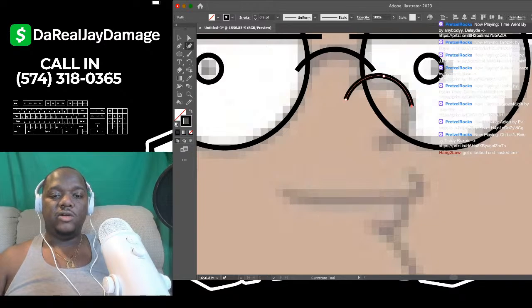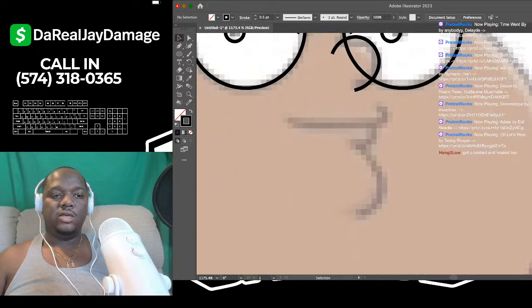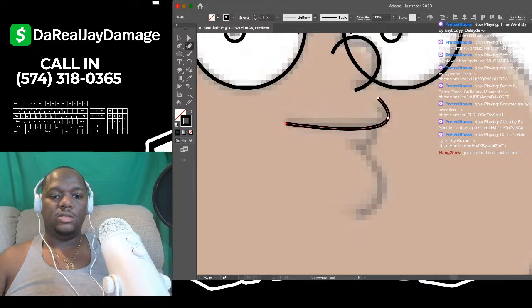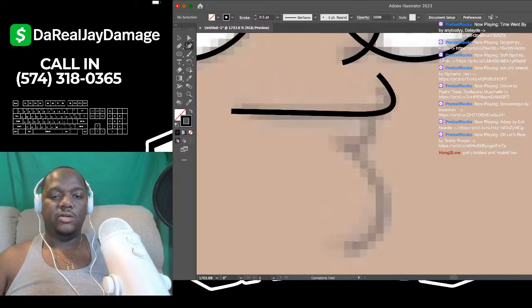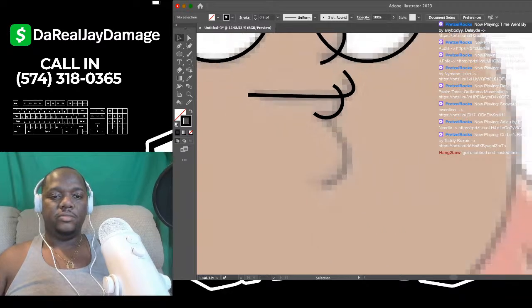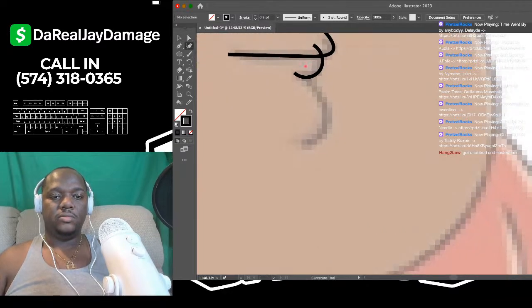Let's make a curve with the curvature tool for his nose. He has those tiny lips. Let's get that done. Let's come back around. Boom. This is one of his chins, because he has two chins.